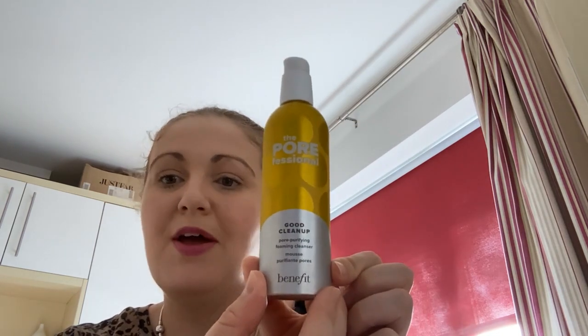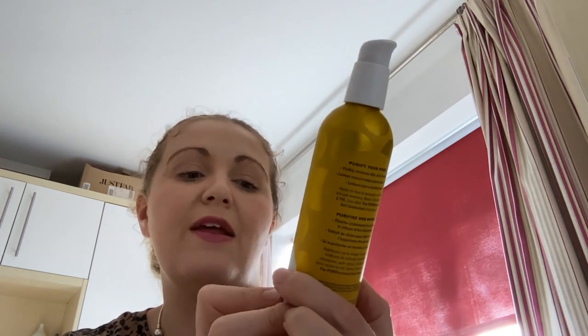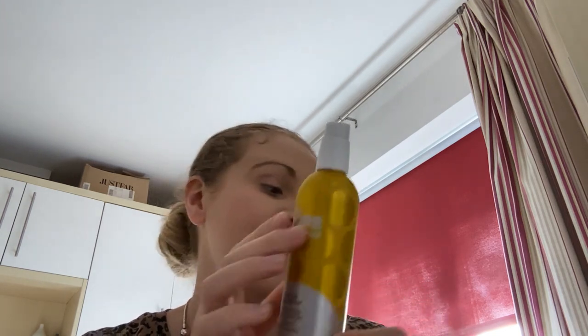Then we had the Benefit Good Clean Up Cleanser. So this is from Benefit, and it's a Porefessional Good Clean Up Pore Purifying Foaming Cleanser. When I weighed this last month, it was 136 grams. I am still using this, so let's weigh it and see what progress has been made. So we've gone down to 106 grams, so that's 30 grams gone. So yeah, that's the Porefessional